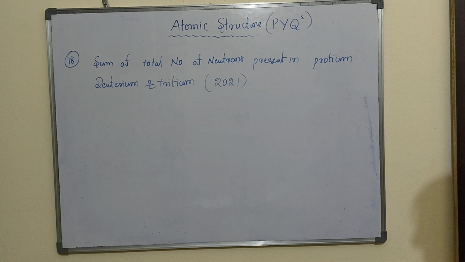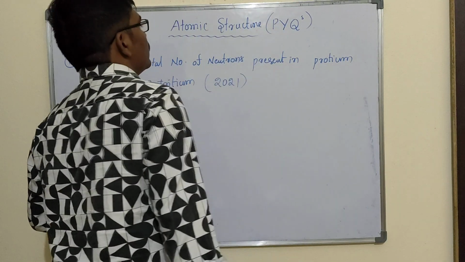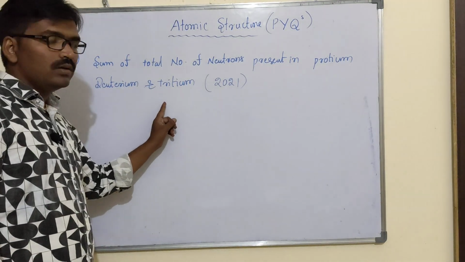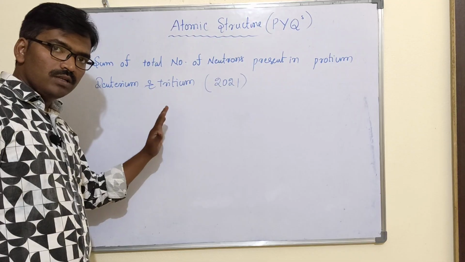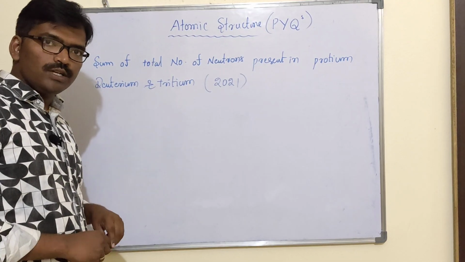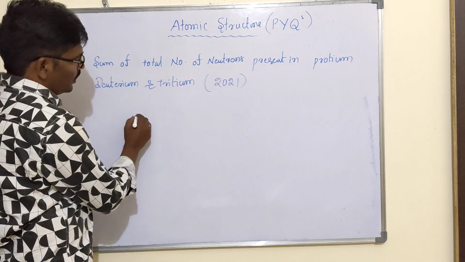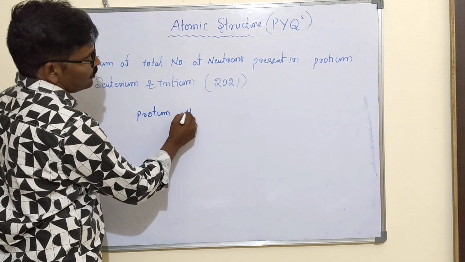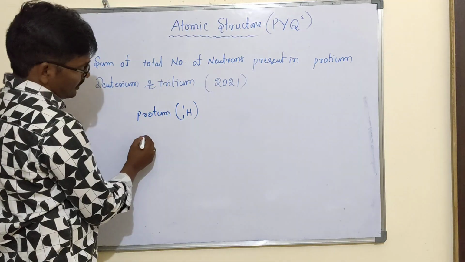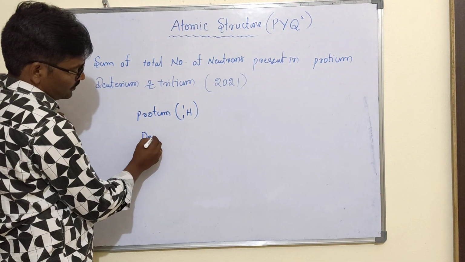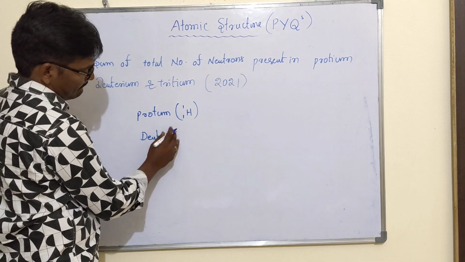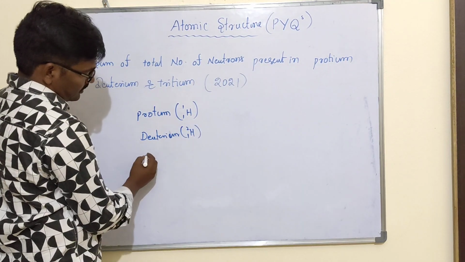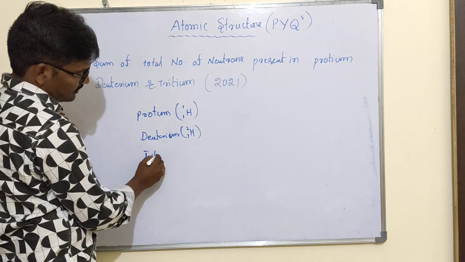I'll look at one more question. The sum of the total number of neutrons present in protium, deuterium, tritium. Protium, deuterium, tritium, these are three isotopes of the hydrogen atom, we know. So protium is 1H1. Then deuterium is 1H2. Then tritium is